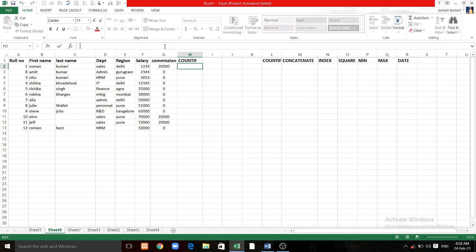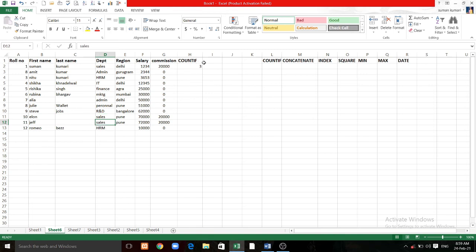So I have to put the formula, the range from where I want to find the number, select it, and what I have to find, the sales. So the output is 3 because we have 3 employees who are working in the sales department. The first one is this, the second is this, and the third one is this. So this is the COUNTIF function.